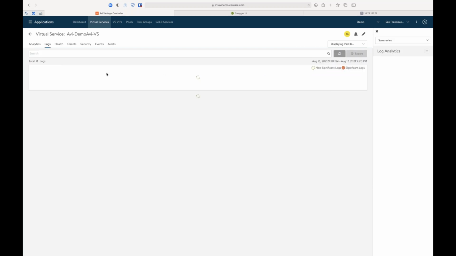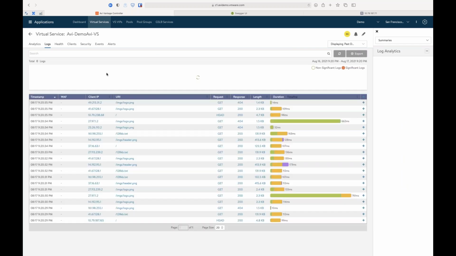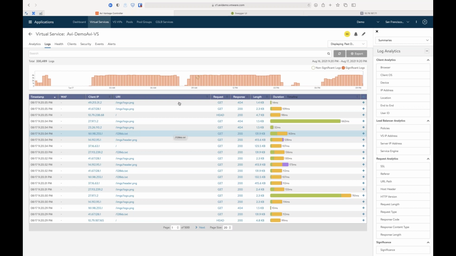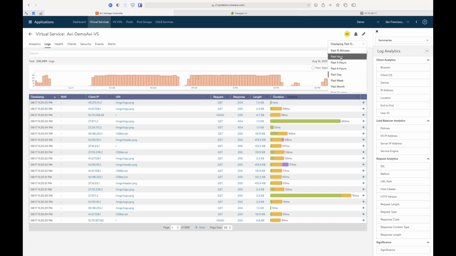And again, this is something which every load balancer should be able to do. Every load balancer is sitting in line with your traffic. It is terminating SSL in most cases. You have a front-end client TCP connection. You have a back-end server TCP connection. However, what we've seen is that Avi has been the pioneer in being able to visualize and provide these actionable insights to customers. This view is one of the